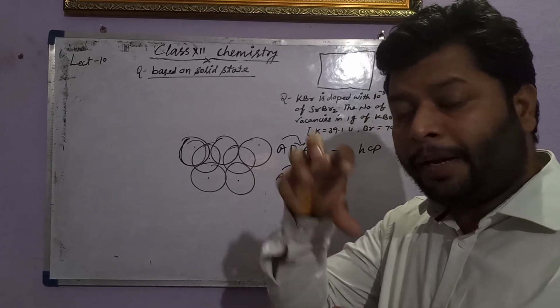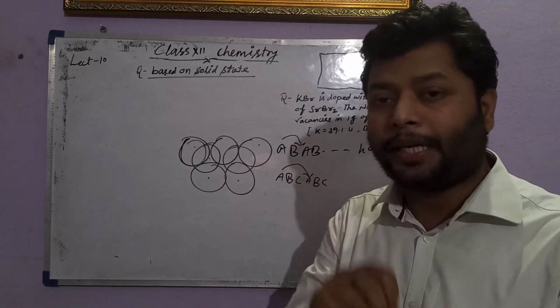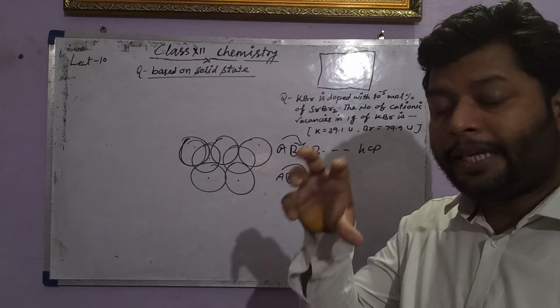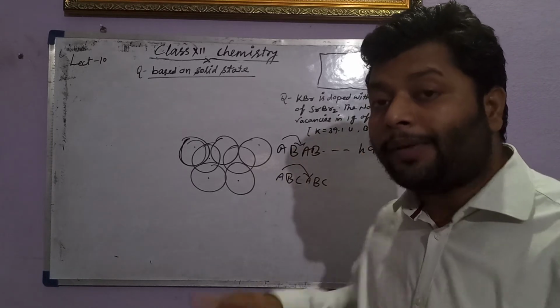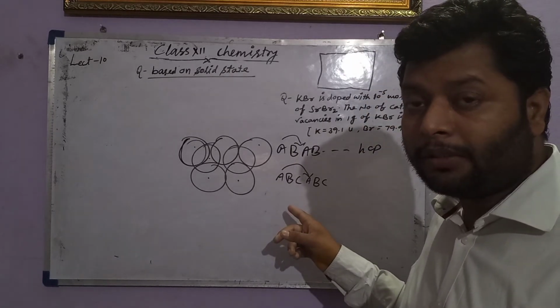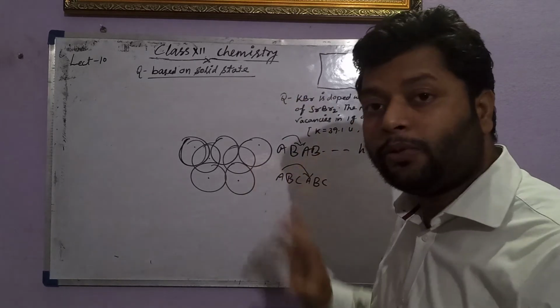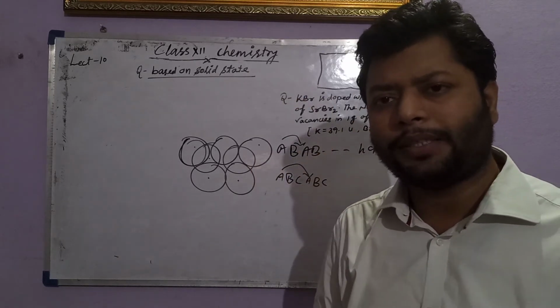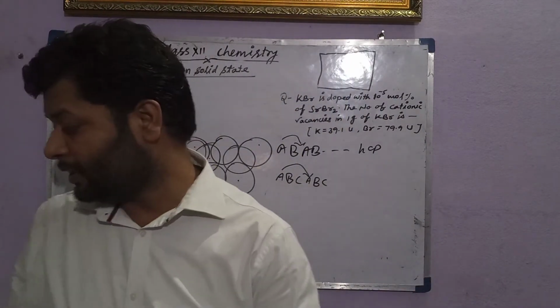If the particle is placed and takes a position of the white from the first layer, that will be the second. If the particle takes a position of the white left in the second layer, that will give CCP. But if the particle takes a position perpendicular to the alignment of the first layer, that will give you HCP. That is the only difference. Another thing, you can see the diagram from the three-dimensional diagrams.